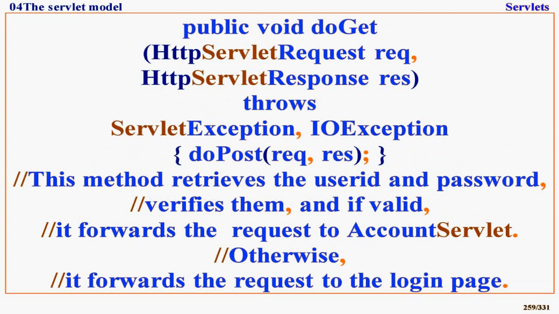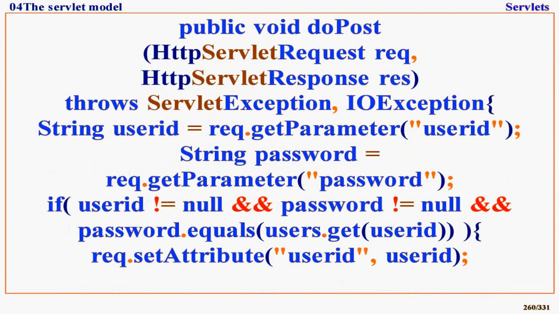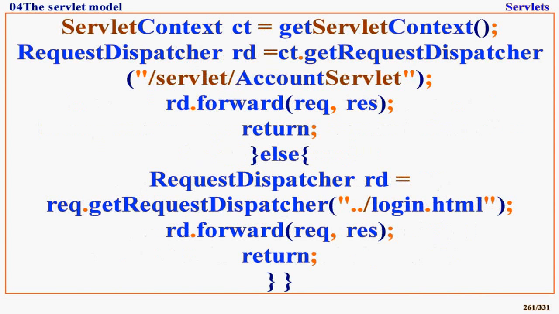This method retrieves the user and password, verifies them, and if valid, it forwards the request to AccountServlet. Otherwise, it forwards the request to the login page. Public void doPost(HttpServletRequest req, HttpServletResponse res) throws ServletException, IOException. String usert = req.getParameter("usert"); String password = req.getParameter("password"). If usert != null, password != null, and password equals users.get(usert),